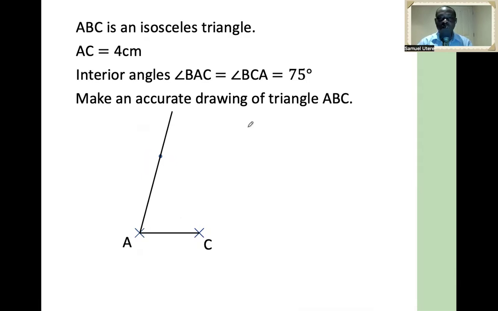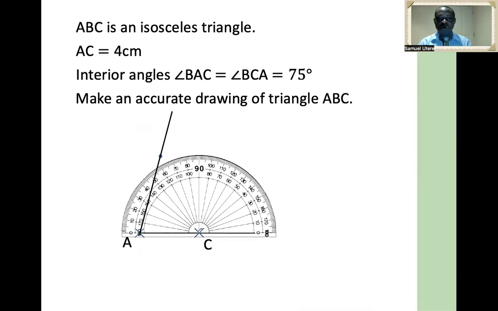Next, we want to measure angle BCA because we're told that that is also 75 degrees. So we'll position our crosshair at the end of that line segment. Remember, the middle letter tells you where the vertex of the angle is. This time, remember, we want to form a triangle, so we're not going to be using the inside scale. We're going to be using the outside scale,